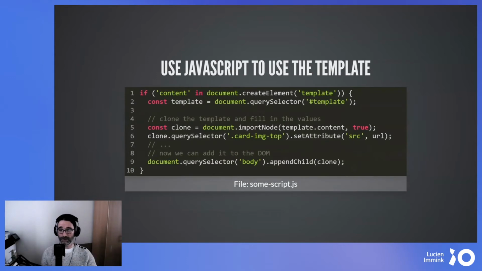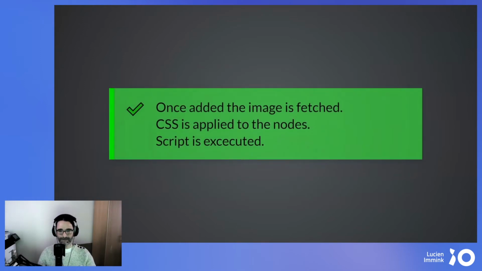Well, what I can do is target the template by using JavaScript and then clone the contents of a template, apply whatever I need to do. So for example, I can update the source attribute of the image tag and then append that piece of HTML to my document. So for example, append it to the body. When that happens, the images are fetched. The CSS is applied to the nodes, and if there's script in the template which is copied, then that script